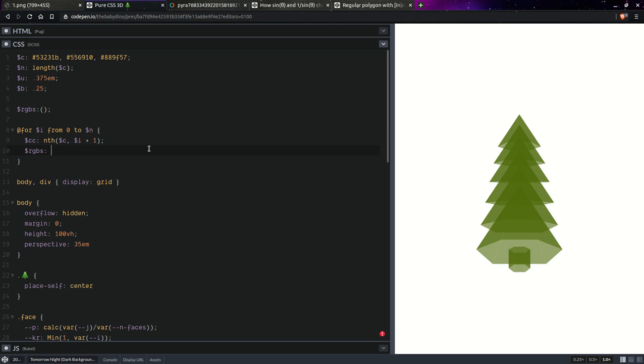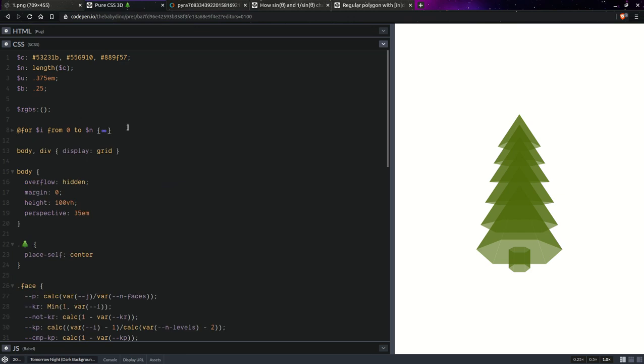Now, to the RGBs list, we're going to append a list, and that's going to be red of the current color, and similar for the other two channels. It's going to be green and blue. So now that we have this, we're going to have a function